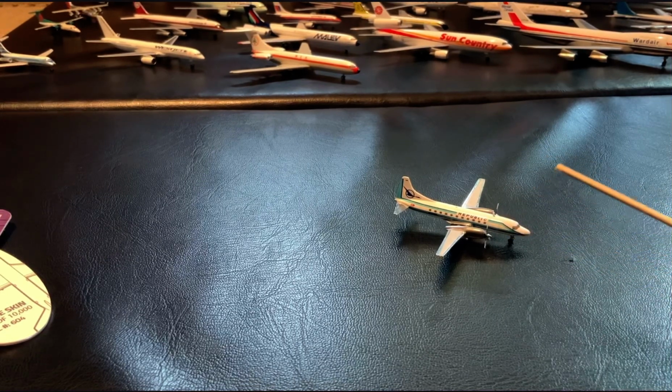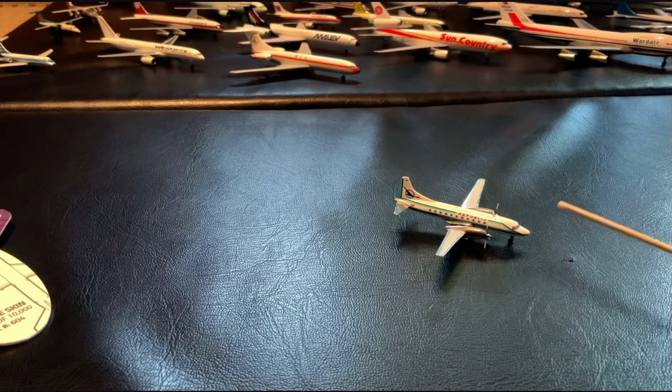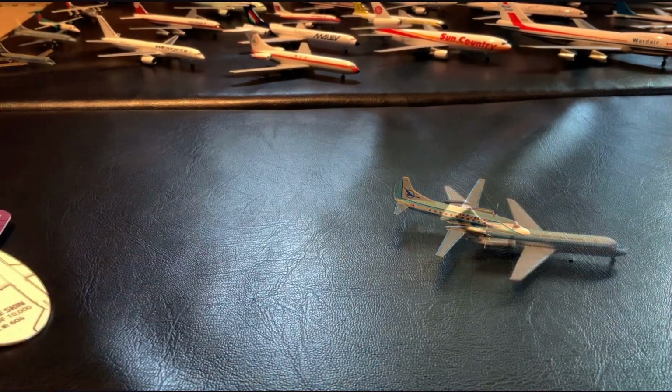Pretty rare airplane in other places, but I've seen a few on trips to Kelowna. So yeah, otherwise it's a pretty good model. One of my smaller ones, and yeah. Now let's move on. We have the KLM